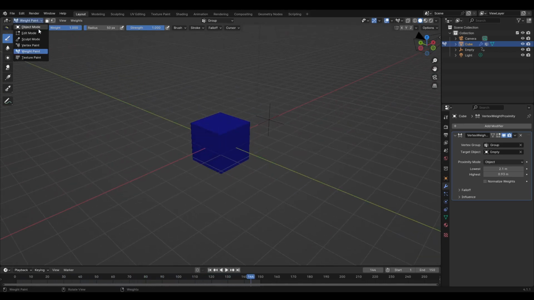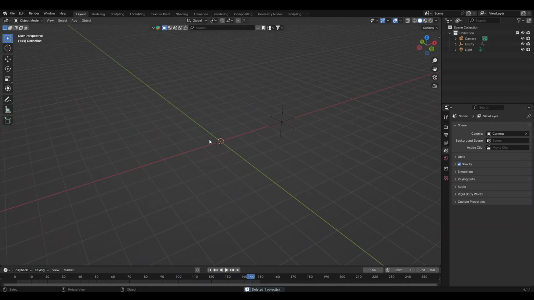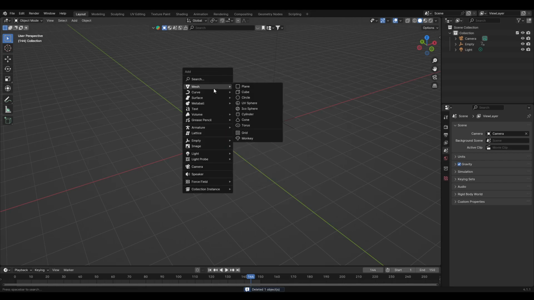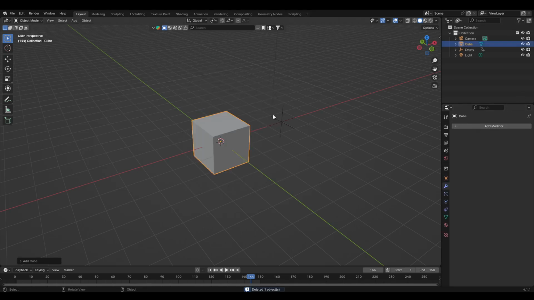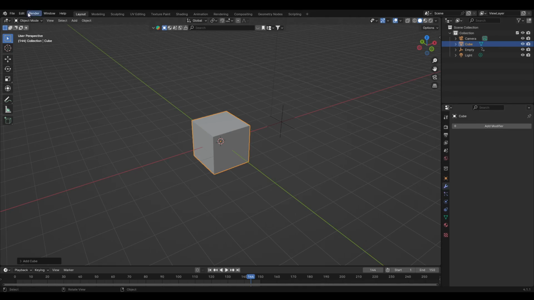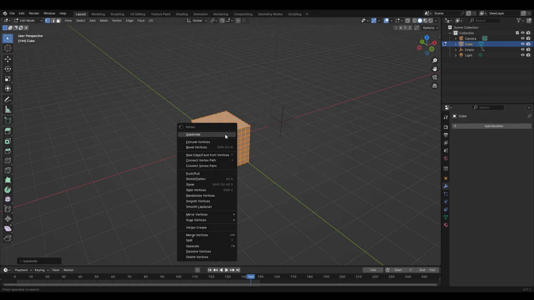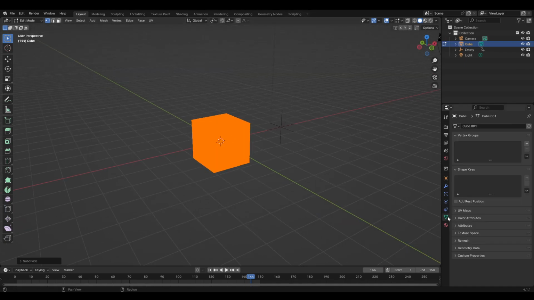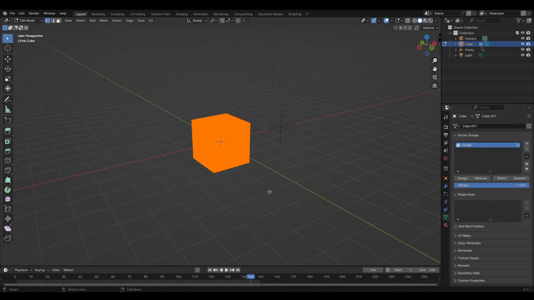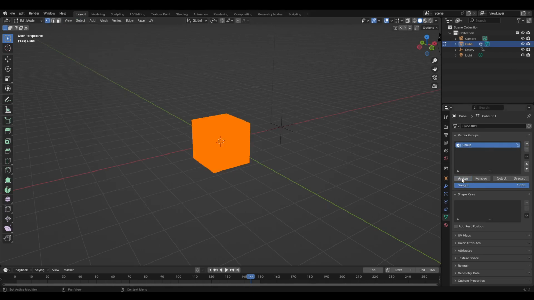That's not working properly, so what I'm going to do here is delete this cube, create a new cube, and go back through the steps here. So we're going to add vertex weight. Nope, first we're going to go into edit mode and subdivide like so. Then add a new group, select all, we'll assign it to the group,